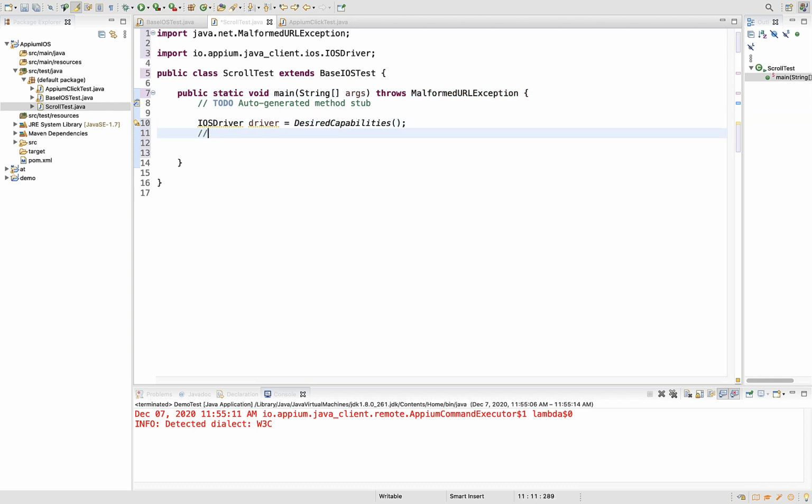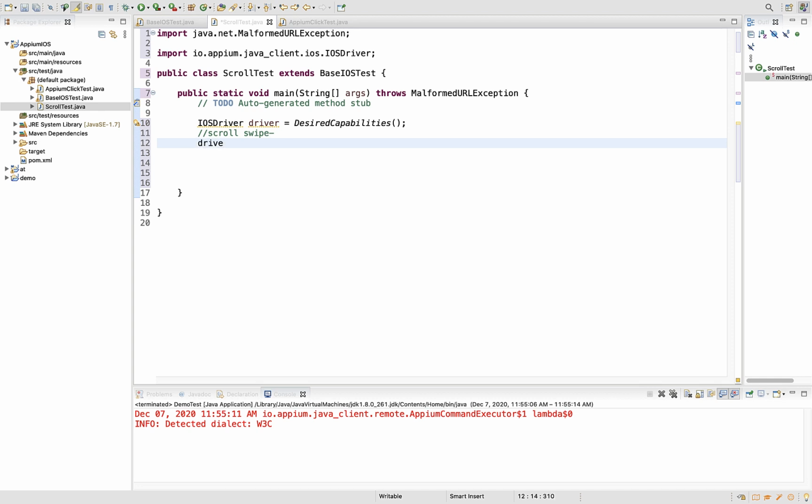Now, one thing you have to understand is that for scroll and swipe, there are no direct Appium methods available. In earlier versions they provided some, but unfortunately those were flaky, not stable, and finally they deprecated them. So then how can we scroll and swipe? You can rely on JavaScript. You can execute one simple single-line JavaScript which will help you to scroll or swipe.